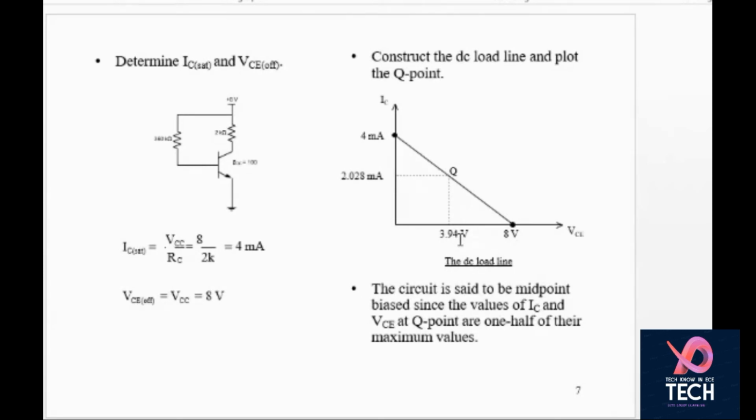रूल क्या कहता है? क्यू पॉइंट कहाँ पे होना चाहिए फिक्स्ड बायस सर्किट का? VCC/2 पे. कहाँ पे होना चाहिए? VCC/2 पे. अब ये बात हो गई आपके सिस्टम की कि ये आपका सिस्टम आपने बनाया और इसकी किस तरीके से आपने कंस्ट्रक्शन करी. अब प्रॉब्लम क्या आ रही है आपके सिस्टम में? दैट द सिस्टम इज नॉट स्टेबल.